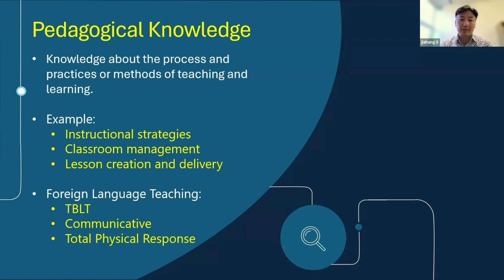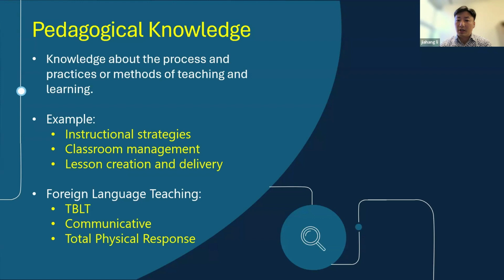The different ways in which you are using instruction, or to use a fancy word, pedagogy, is the art of teaching, right? So if we are framing that into the general teaching realm, then pedagogical knowledge can include a lot of instructional strategies.